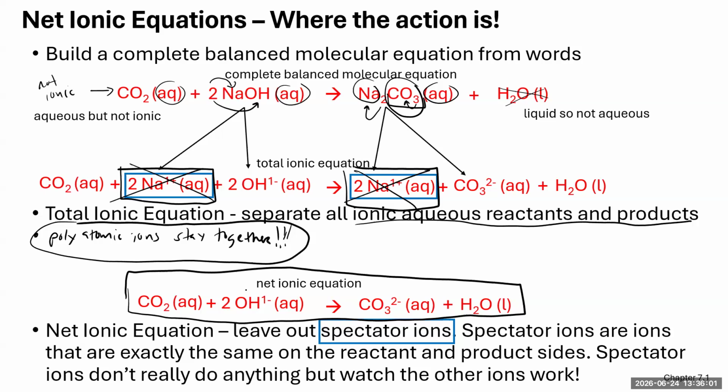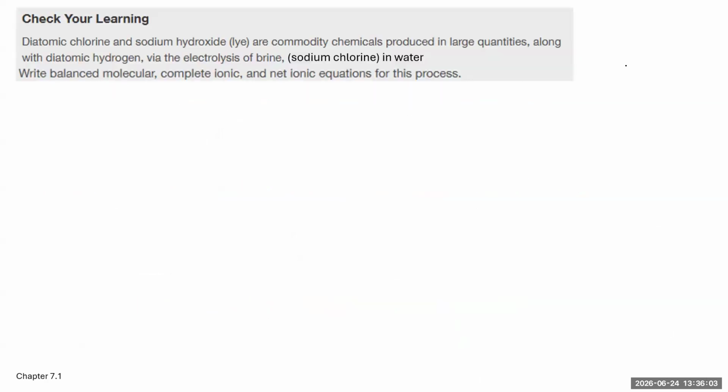Okay, let's try one of these on our own. How many are we doing? We're doing two, looks like. All right. So let's take a look. Diatomic chlorine and sodium hydroxide. So diatomic means two chlorines and sodium